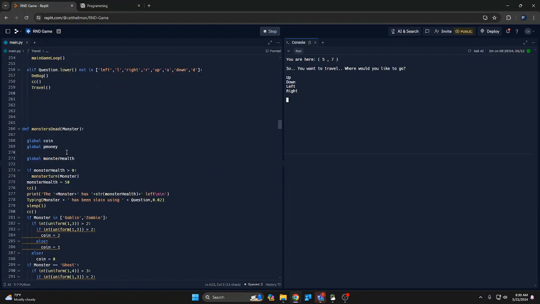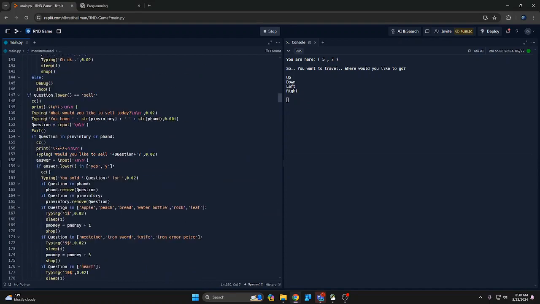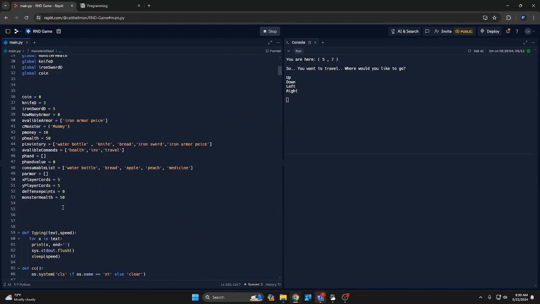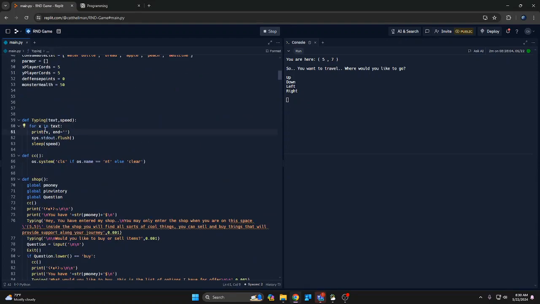There's just a bunch of if statements. There's some while statements in there. I like this part, the typing. That's what gives it the cool typing effect. It's a function I made, and it's up here. So for x in the text, which is what you put in the typing parentheses,